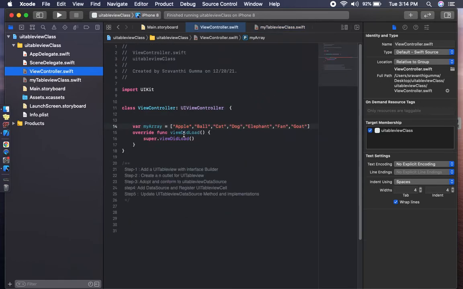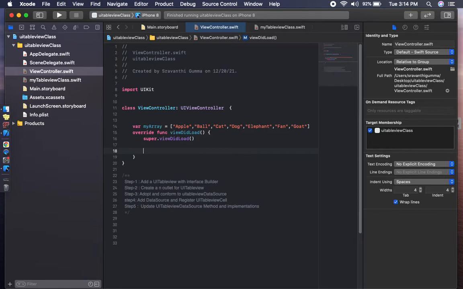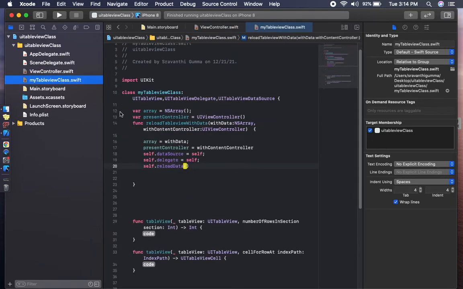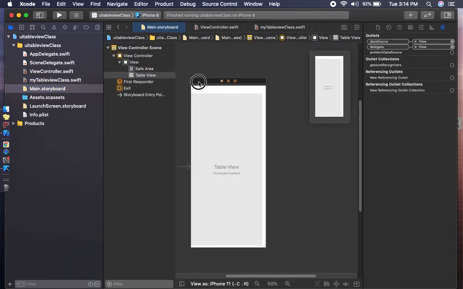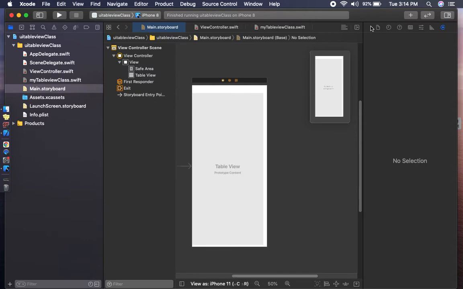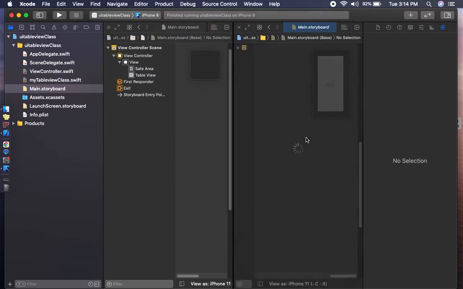So we are assigning the array to the class, and we have to give the connection from the view controller to the class, the outlet connection of the table view to the class.